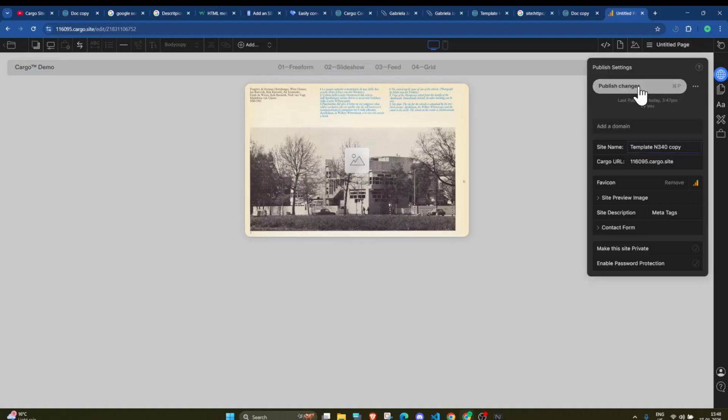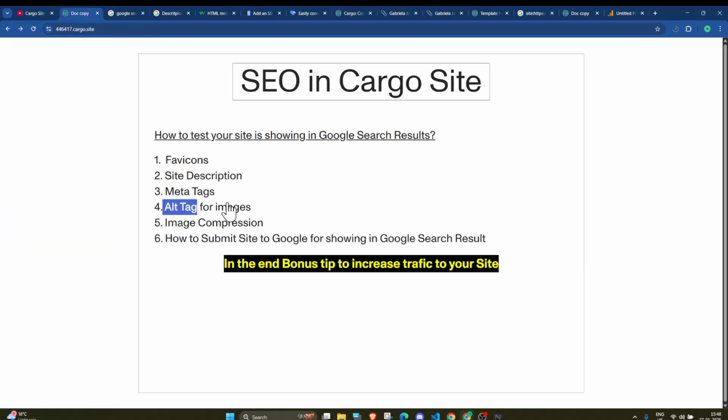And yeah, after that, the next thing is image compression. The images which you upload to your Cargo site should not be heavy in size, because if they are heavy, it will take time to load the site, which will make the user experience not so good, and it might affect your site ranking as well.